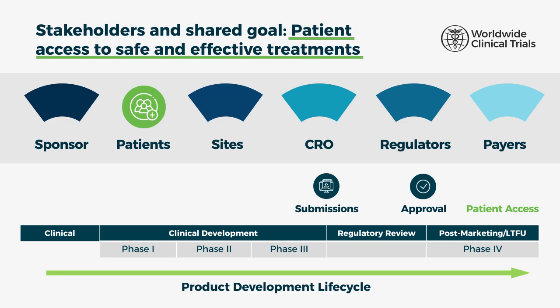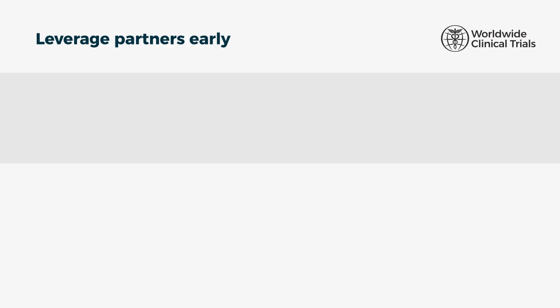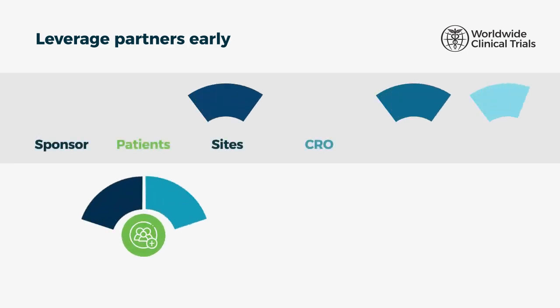We think about the entire development life cycle, but what optimum means can really vary depending on where one is in their development life cycle, how early they are planning, and a variety of other factors. But to begin at the beginning, we design these trials around the patient. Shown there is the green symbol. The sponsors, of course, are intimately involved in this process, but getting a partner involved as early as possible really helps with mapping things out for that optimization.